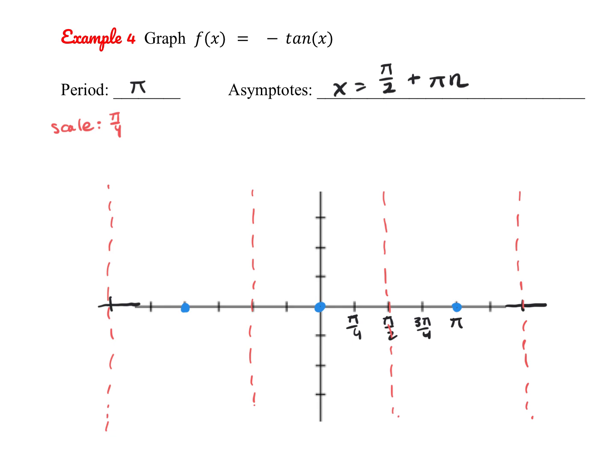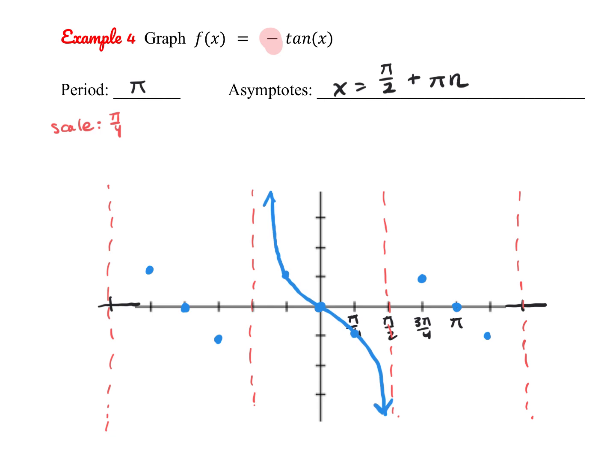My a value is 1, so typically I would go up 1 and then to the right 1 tick mark. However, there's a reflection. Because of that reflection, I'm going to go down and to the right. That distance is still going to be 1, but instead of going up and to the right, I'm going to go down and to the right for each period. And when I do that, you'll see that instead of having an increasing graph in each period,